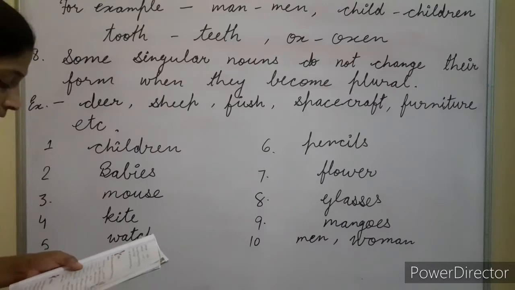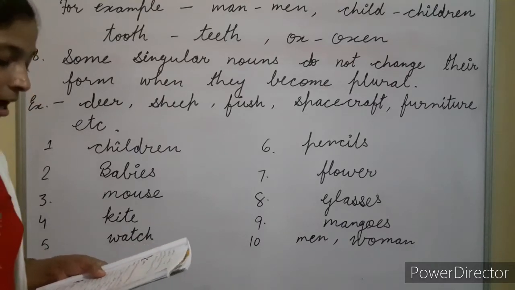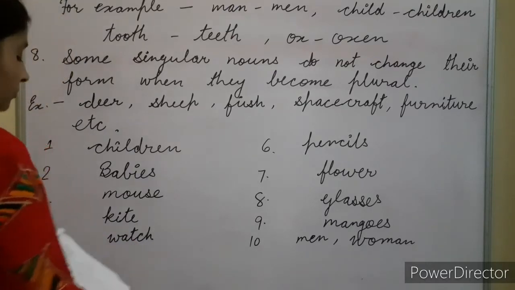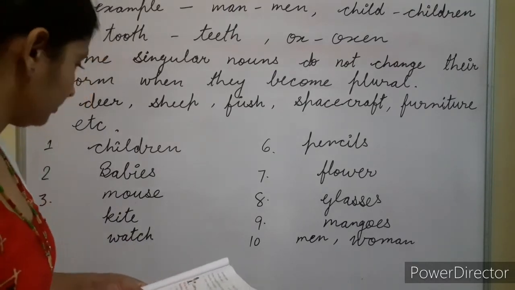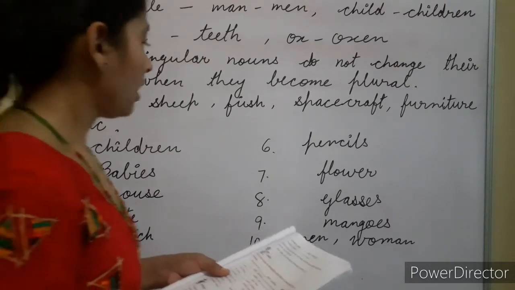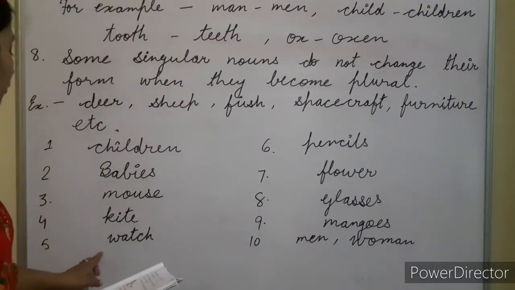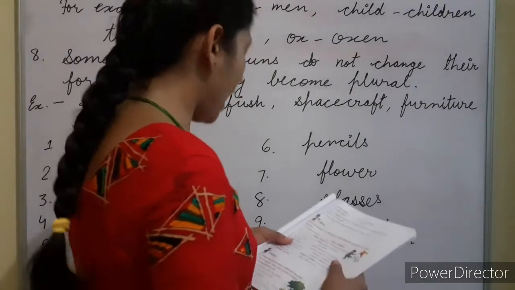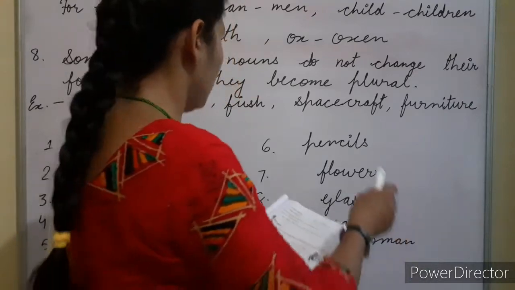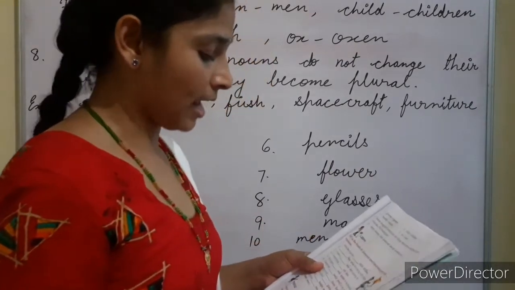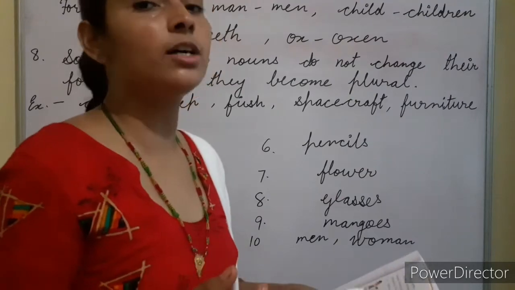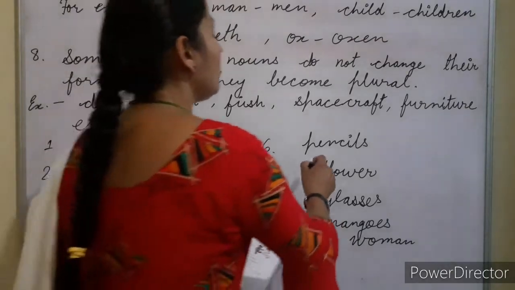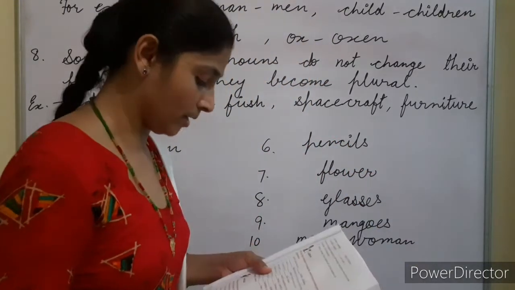Next is sentence number 5. Avi gave blank to his friends. So Avi gave a watch to his friends. Because we follow such type of noun also with our subject. Sixth number sentence is, I kept some blank in my pencil stand. So I kept some. So the word some you are getting here. So what will you put here? Pencil or pencils? You will put here pencils. Okay, कुछ pencils मैंने रखी.